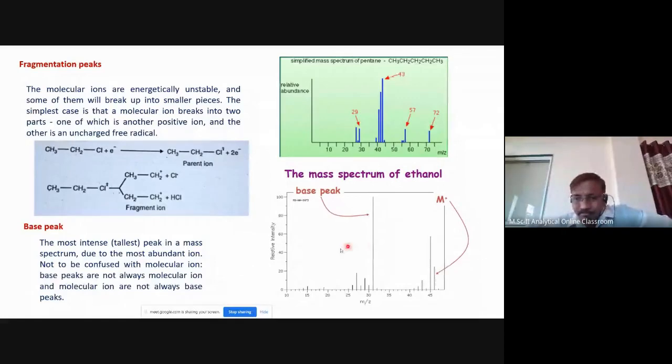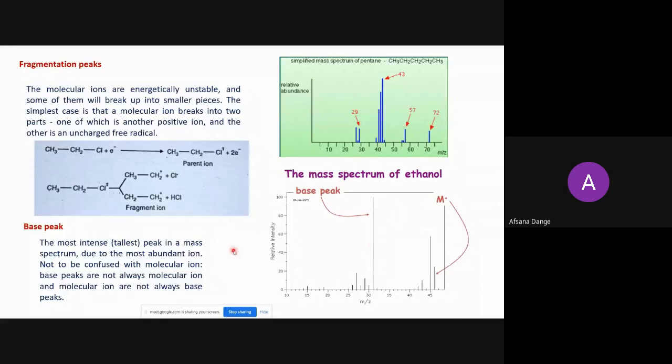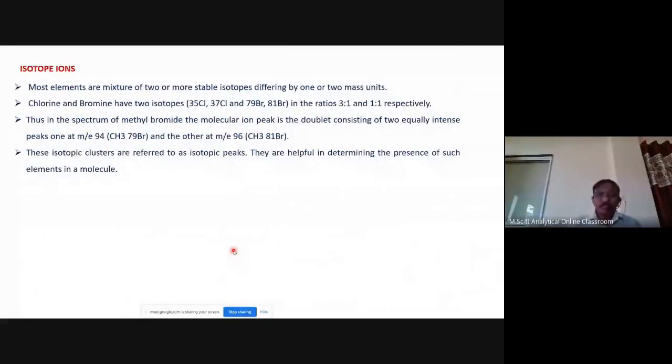Just think over it, how the base peak can be obtained. Okay. Sir, now maximum, we can see the isotope ions. So it is the most